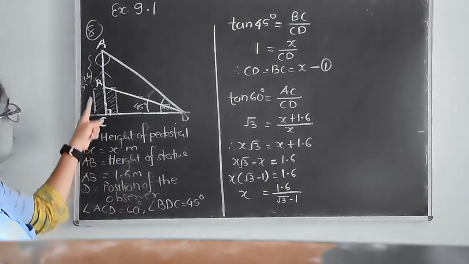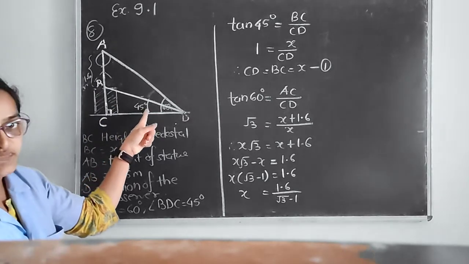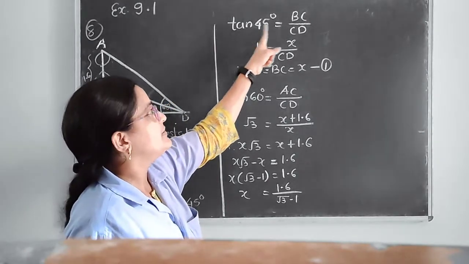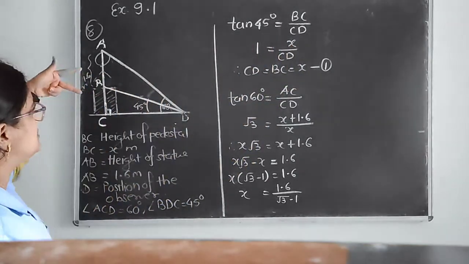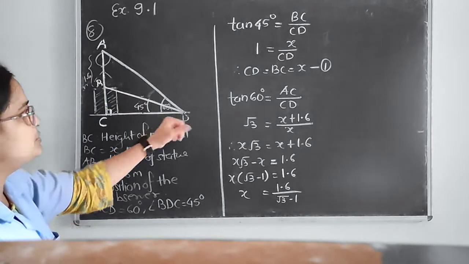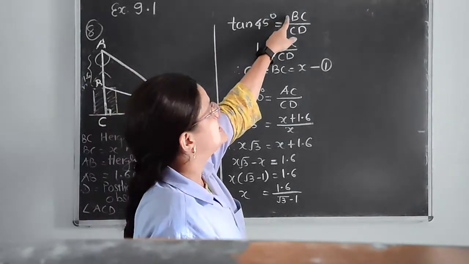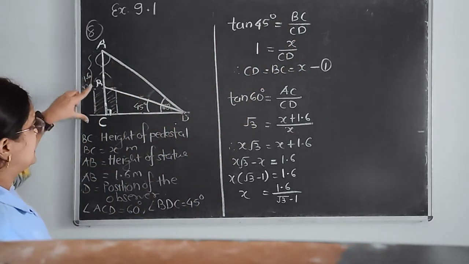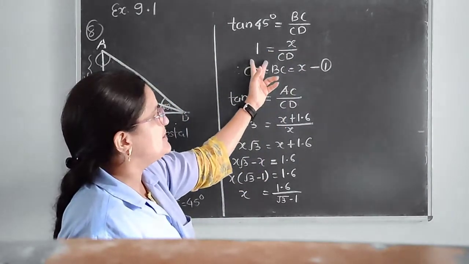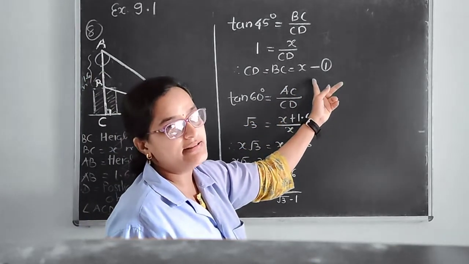Now here if you consider the triangle BDC, this angle is 45 degree. So what will be tan 45 degree here? BC upon CD. Is it so? Say BC upon CD. Agree? Now let us substitute the values. Tan 45 is 1 as I know. Then BC I have assumed to be X, right? And CD as it is. Now by cross multiplication I will get BC and CD are equal and are of length X.